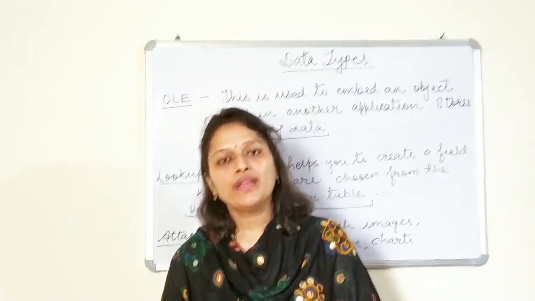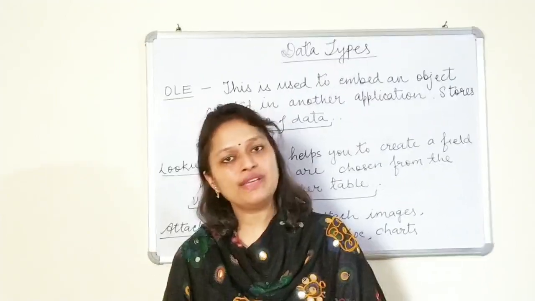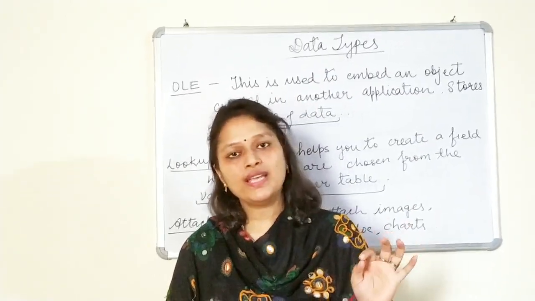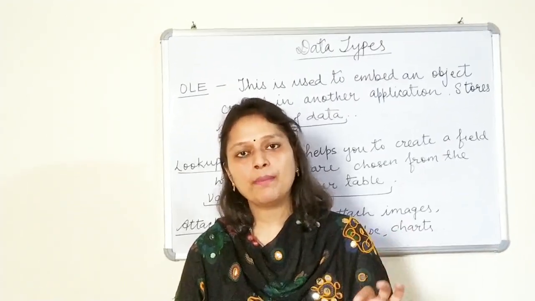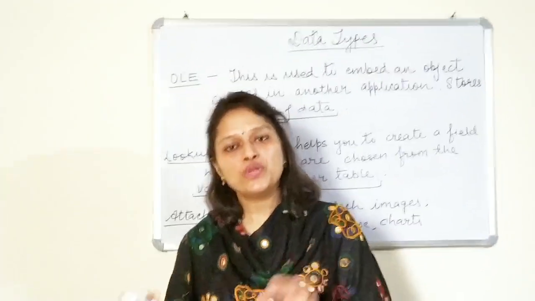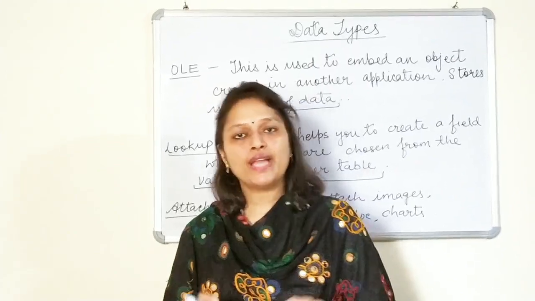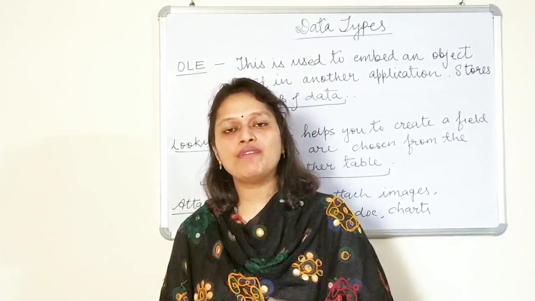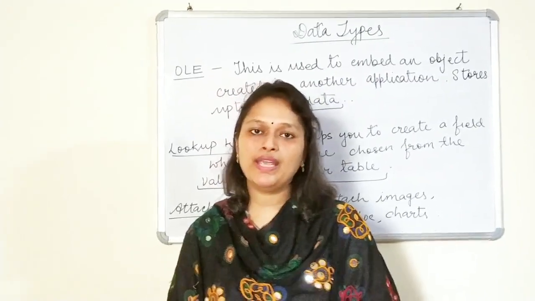Now can you tell me which fields we can select as a primary key? One, I told you, is roll number. Second, I am telling you, it is serial number, employee ID, student ID. These fields can be selected as primary key. In our next video lecture, I will tell you more about primary key.